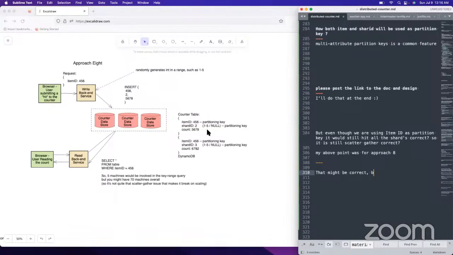So if you have a read volume of higher than like 10,000, it's not going to be performant at all. There'd be no machine count that would allow you to scale it all the way up if you're doing something like that. So that might be correct as a term, but this does actually scale in the manner that we need.